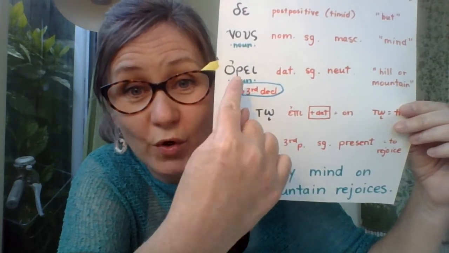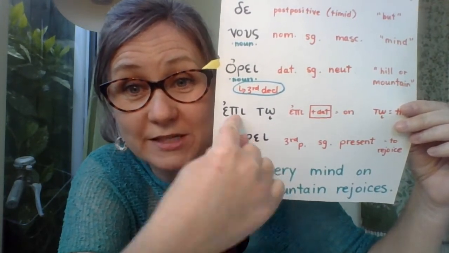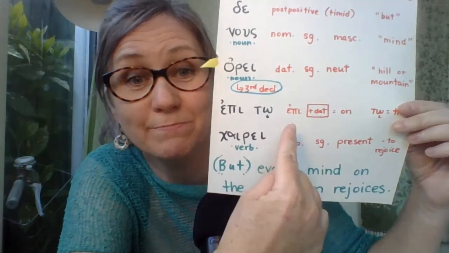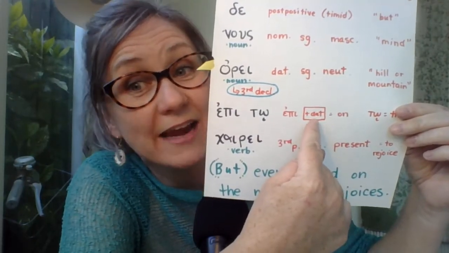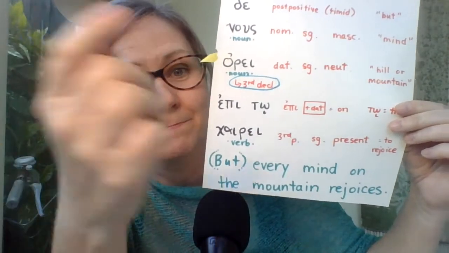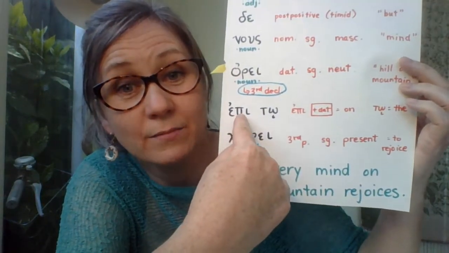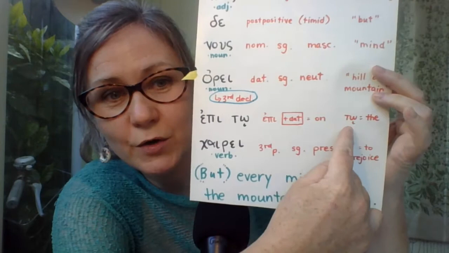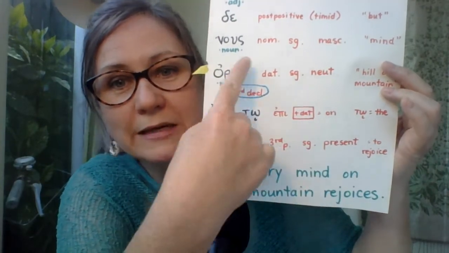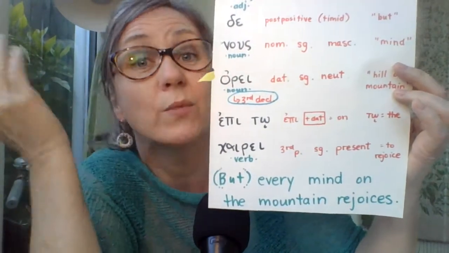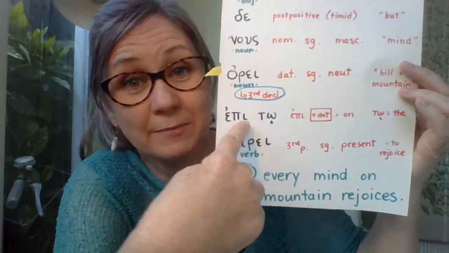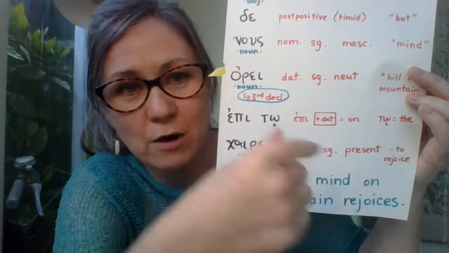Epi, to, ore. Epi is a preposition that can take a number of different cases, but if it takes the dative, it means on. The basic meaning of epi plus the dative is on. So we don't need to do anything else weird with ore. We know why it's in the dative now. It's because of epi. So every mind on the mountain,